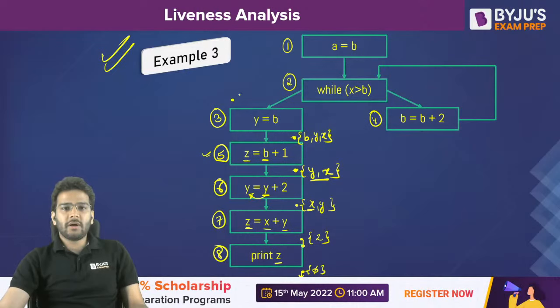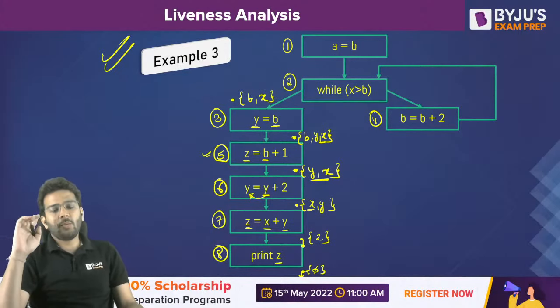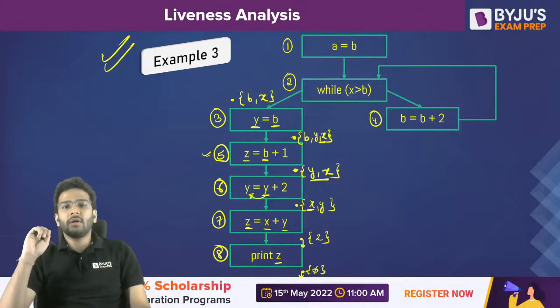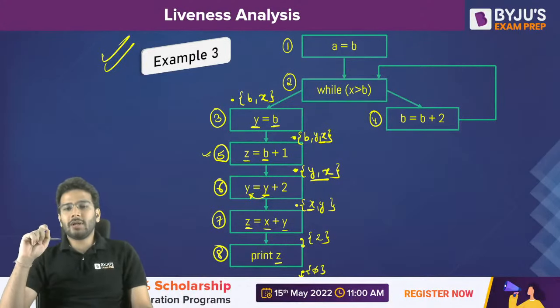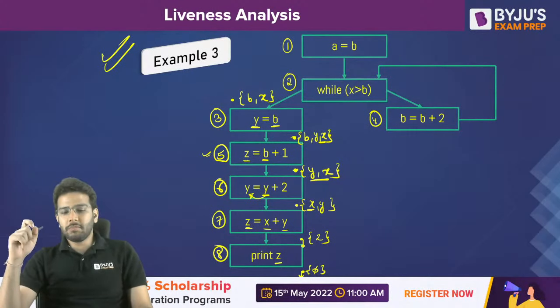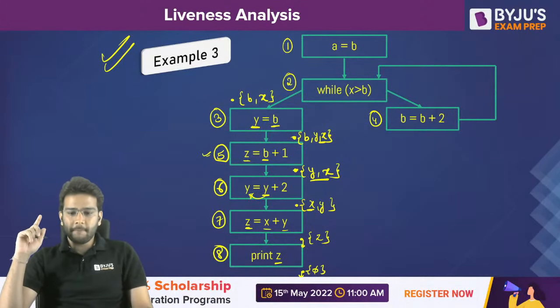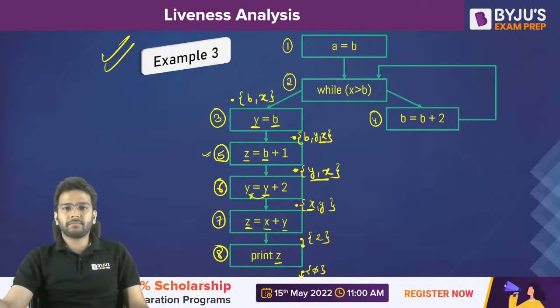Now, carefully see this. Here, again, we are going to find the live variables. We are performing a write operation in Y, so Y cannot be our live variable. But we are reading the value of B, so B will be our live variable. Apart from that, we are getting X also from downwards. So the inset of the third statement will contain X comma B, or you can say B comma X, as the live variable. Is it clear, everyone?